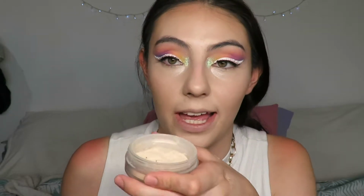This is the matte finishing powder. It's a loose powder. I have used this a tiny bit before, but not to actually set the concealer properly, and it feels really buttery smooth. I have no idea if it has a white cast, but it is colored, so it's probably not. It probably doesn't have flashback, but I'm just going to set it with my sponge. Grab some like that, and just...